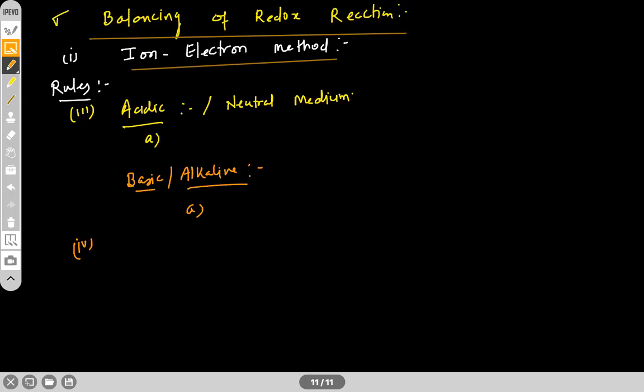Point number 4: balance the charge by adding